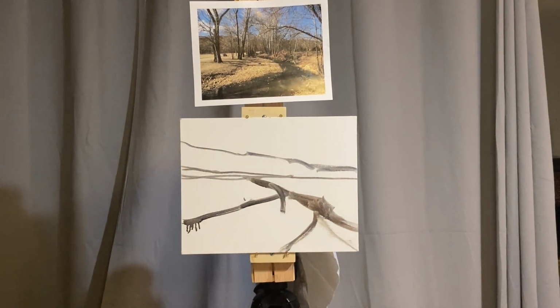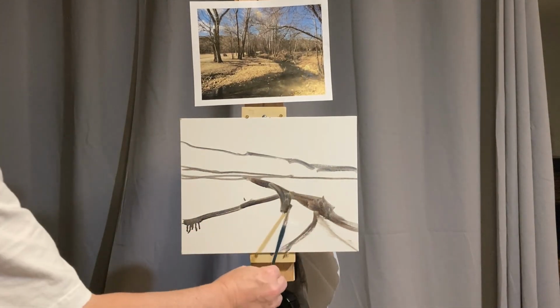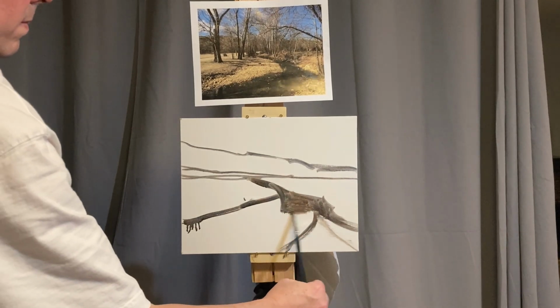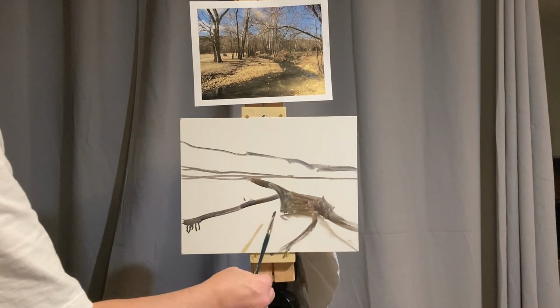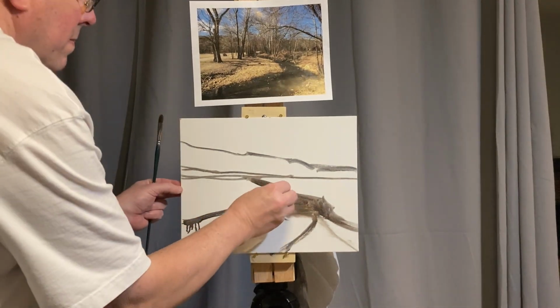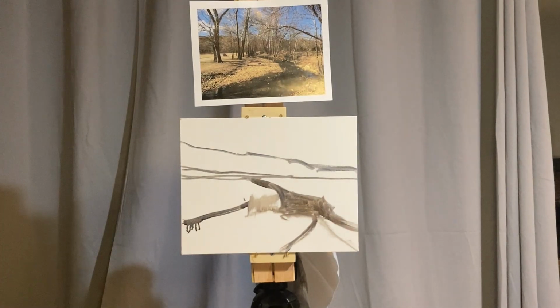Here, I'm just kind of getting the flow and trying to replicate how I felt when I scouted out this particular scene. As you can tell, there's not a lot going on in the scene. We have a stream, we've got trees, we've got some distant hills and a blue sky. It's not the most attractive